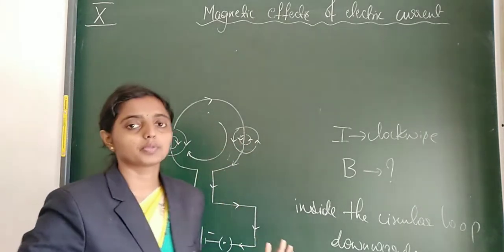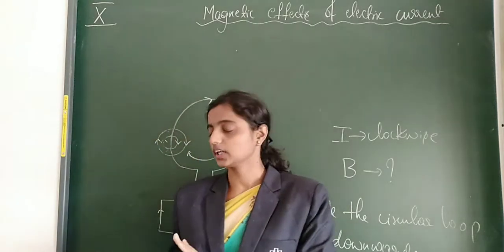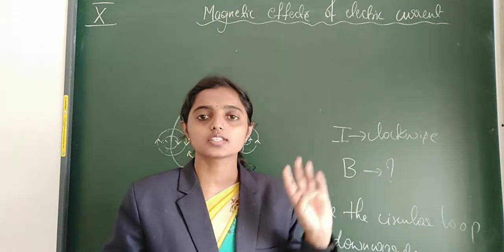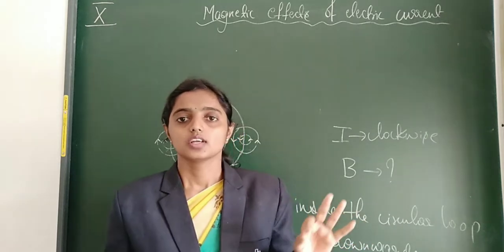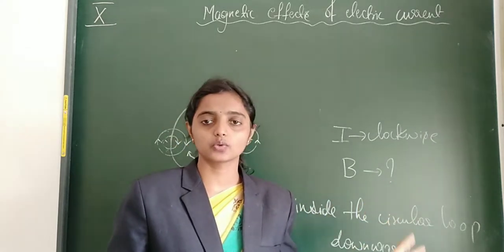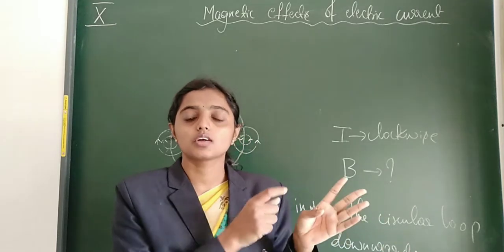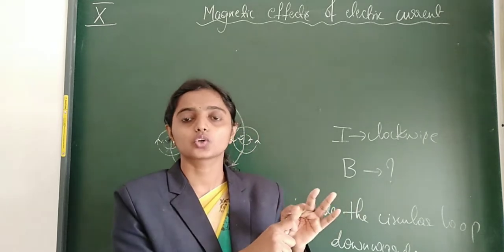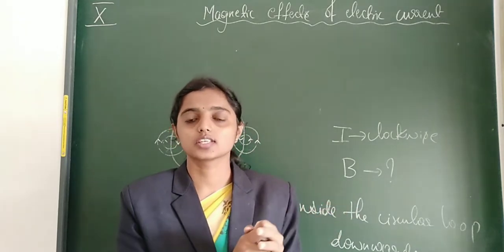Now we have completed 3 in-text questions under the topic. Now let us see some 3 important points. The first one is what is electromagnetism. Next one is, since we have some 3 to 4 activities, we can now see what are the properties of permanent magnet and electromagnet. Okay. Now let us see that one.